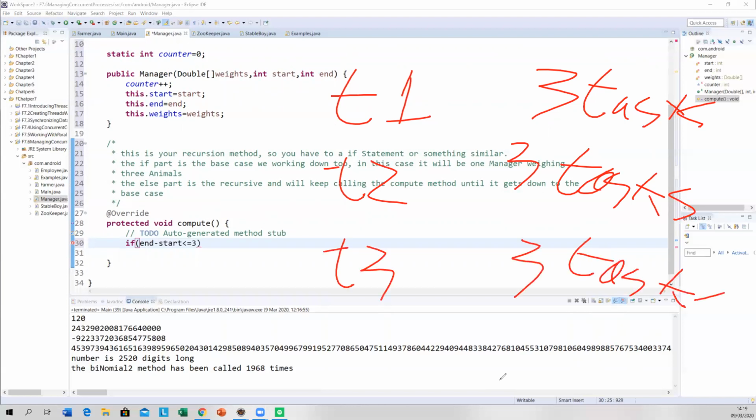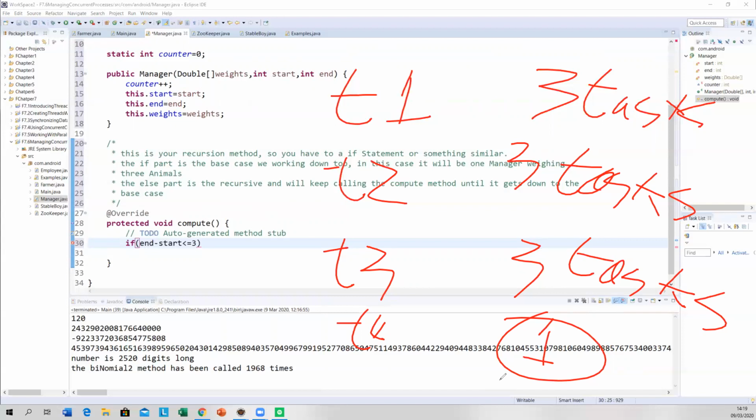Now the next one will only give you 1. So T4, which is the 4th manager, only has 1 task. Now this is all done automatically. Well, we have to do a small bit of calculations in it.